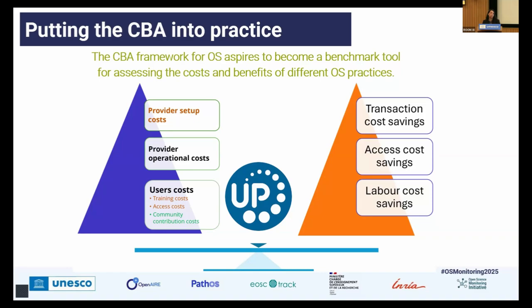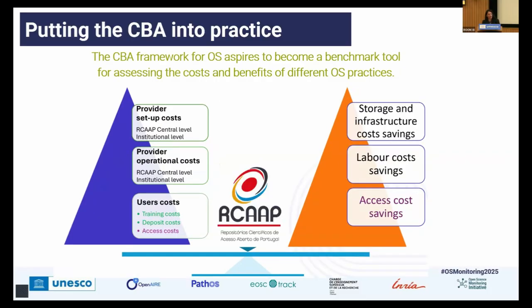And also on the cost side, we tried to understand what are the costs supported by the provider, both to set up and maintain the resources, and also the costs supported by the users to update these resources. And we did the same for RECAP, and as you can see,